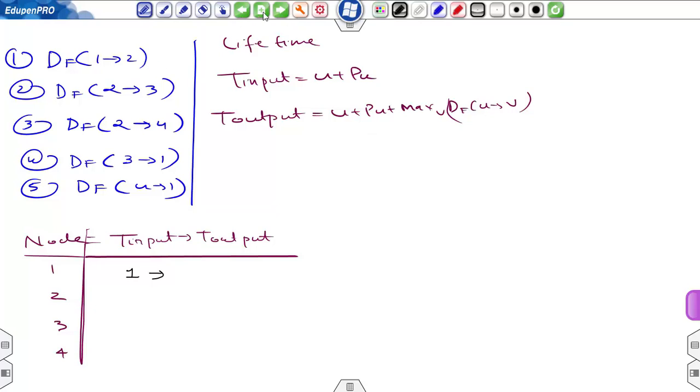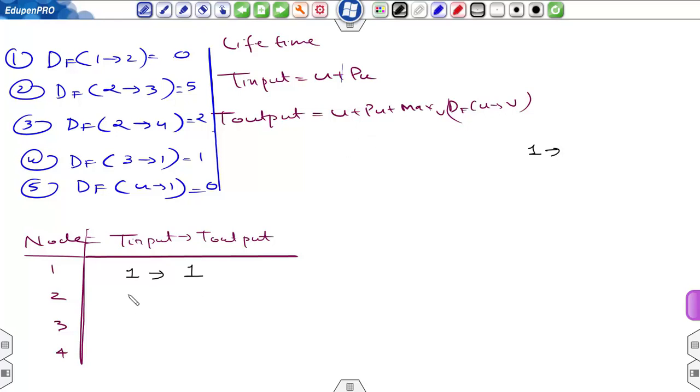Max over v of df u to v means U in this case is 1, so we have to consider all the edges starting from U and ending at V, and we have to take the maximum value. The edge starting from 1, there is only one and its value is 0. So T input and T output are both equal. For node number 2, U will be 1, PU will also be 1, so 1